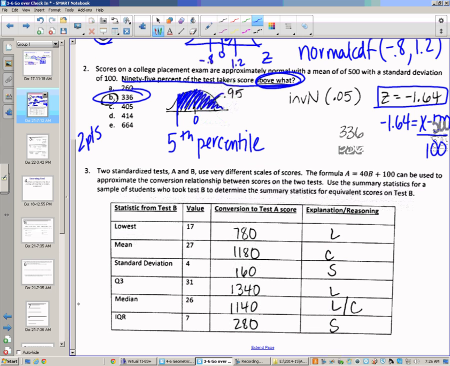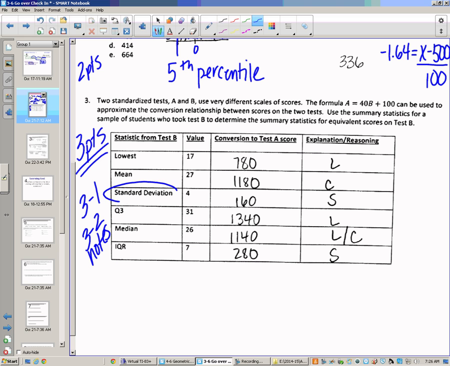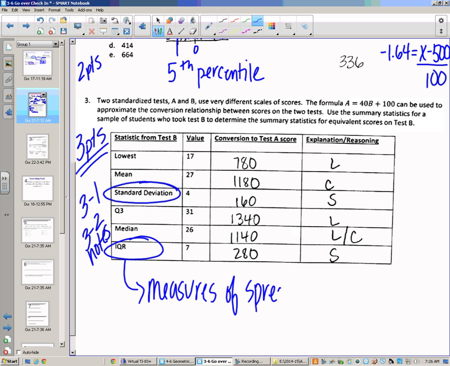Number 3 was worth 3 points, and this is where there was lots of mistakes, and you should see my notes to you. You should be looking at your 3-1 and 3-2 notes on this. It was not as easy as it looked. You had to remember that standard deviation and IQR, these measures of spread, are not affected by addition. This will be on your test, so just because we're doing so much with the normal distribution doesn't mean you should forget about this. Measures of spread not affected